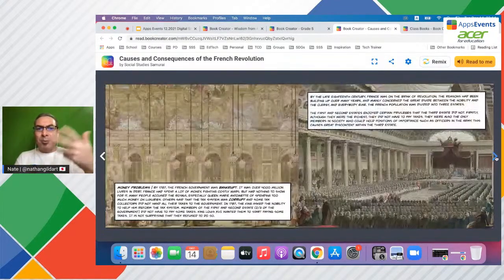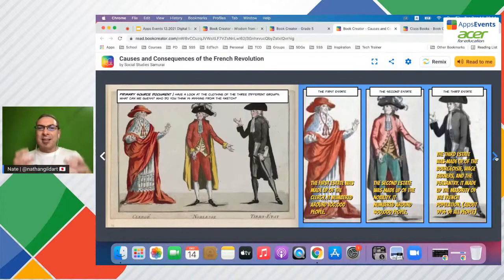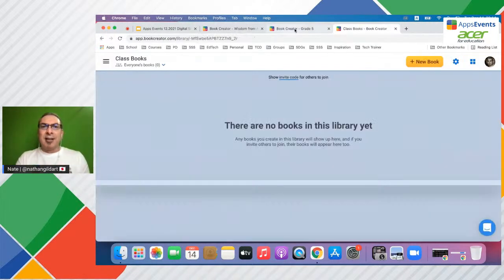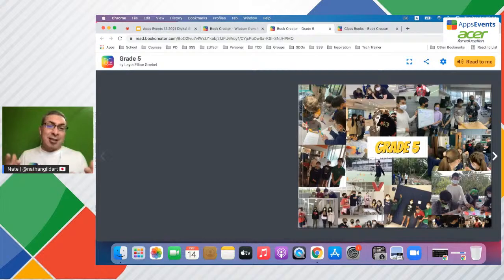I'm not going to go through the whole book with you, but the whole point is I've got a really great mini unit. This probably only took us about 2 days to go through, but I built a really powerful lesson with Book Creator. Now, these students are not in grade 5. These books were made by grade 7 students, and they were working with elementary students for MYP Project Week. Why am I showing you this? Because it's an example of how it's not just for the classroom.